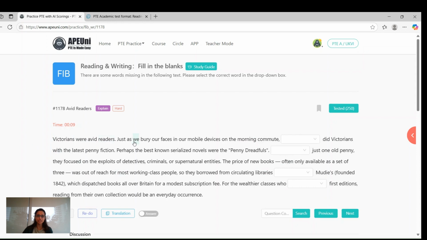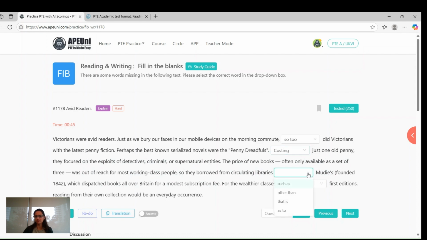Victorians were avid readers, just as we bury our faces in our mobile devices in the morning commute, as did so too Victorians with their last penny fiction. Perhaps the best known serialized novels were the Penny Dreadfuls. Costing just 1 penny, they focused on the exploits of detectives, criminals, or supernatural entities. The price of new books, often only available as a set of 3, was out of reach for most working class people. So they borrowed from circulating libraries